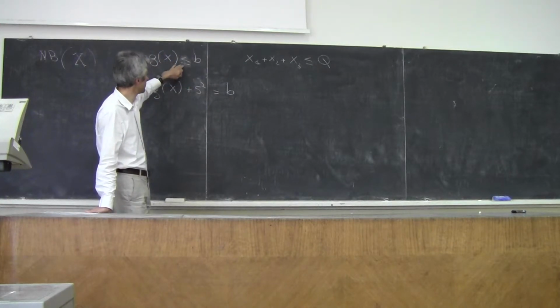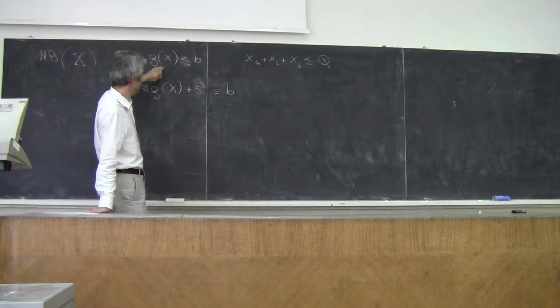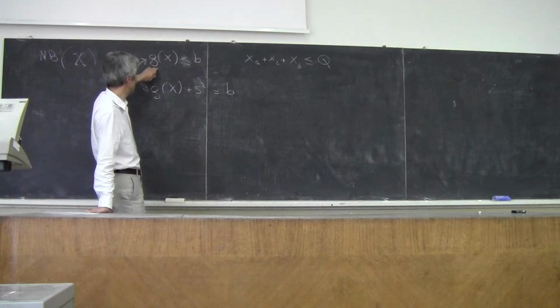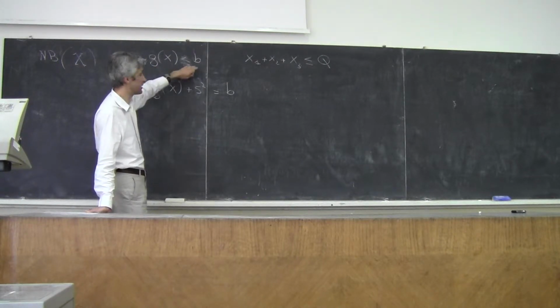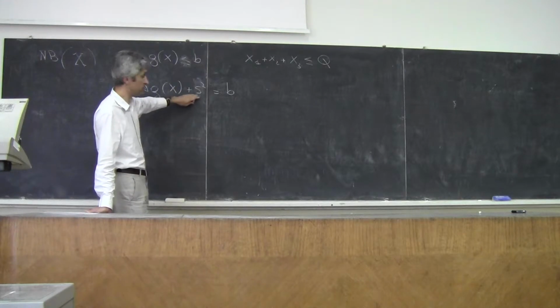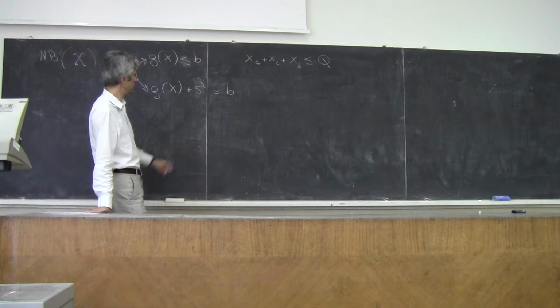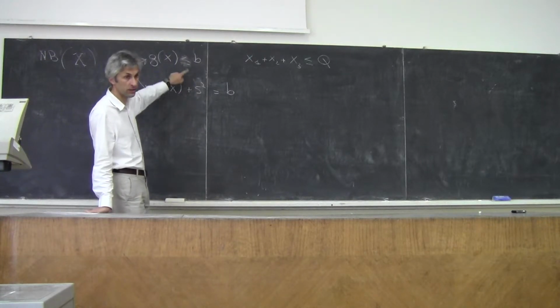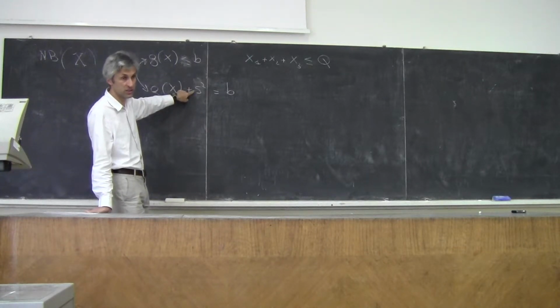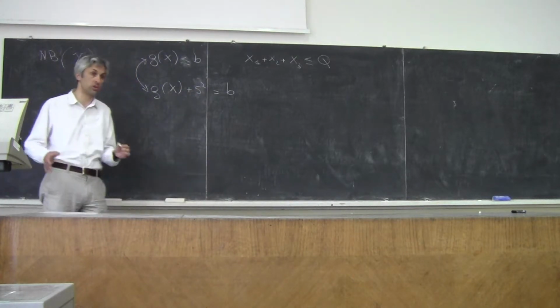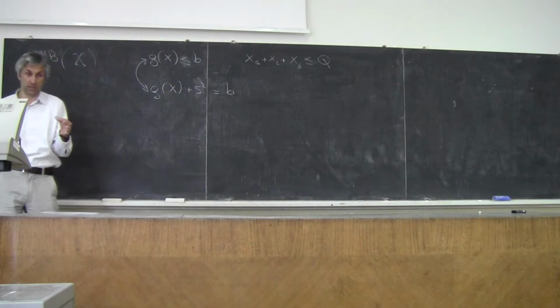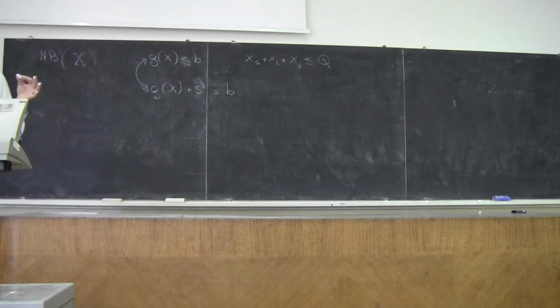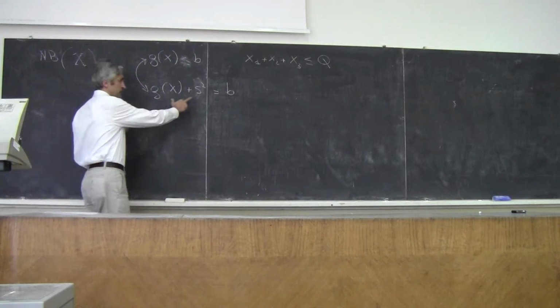If I want the inequality to be expressed in the way that g(x) can be less or equal than b, then I have to use a positive variable quantity here. And if s is 0, I get the equality. If s is greater than 0, s squared is greater than 0, then I have the condition of less or equal, which is what I want to achieve. And this is fine because, for varying s,